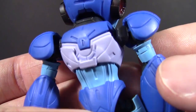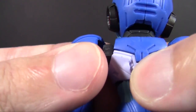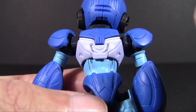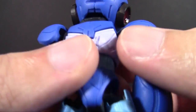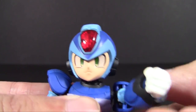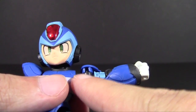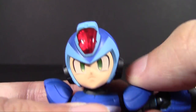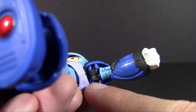That's the whole point of NXEDGE, from what I've gathered, is that all the joints have these ridiculous ranges where they've cut out a lot of the actual components of the figure in order to give the joints as much breathing room as possible. So you have these shoulder parts that can go backwards and forwards quite a bit, and that's before you even get into the standard universal jointing. And the jointing is good enough to where you can actually extend the arm all the way out and not affect the shoulder armor. Now, I have had these pop off on me because they're just kind of friction pegged